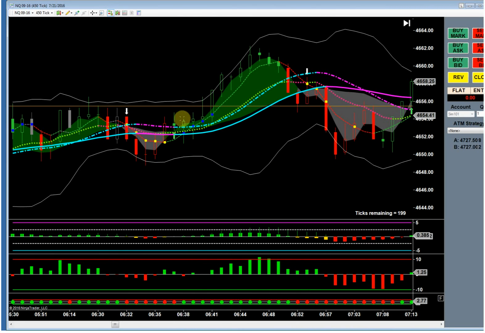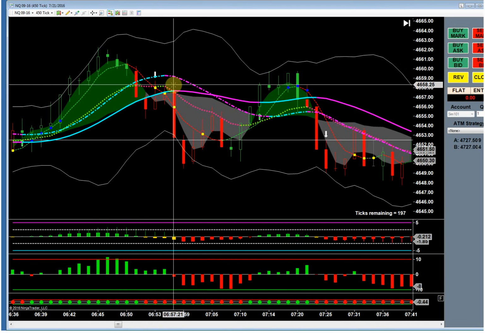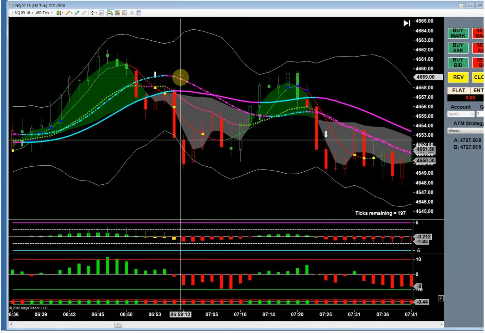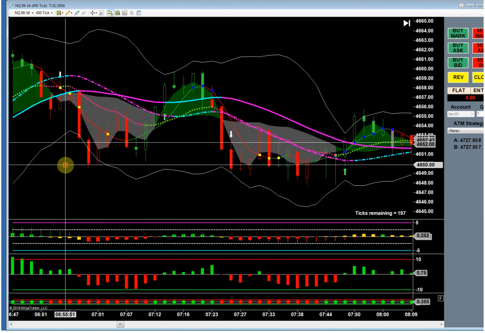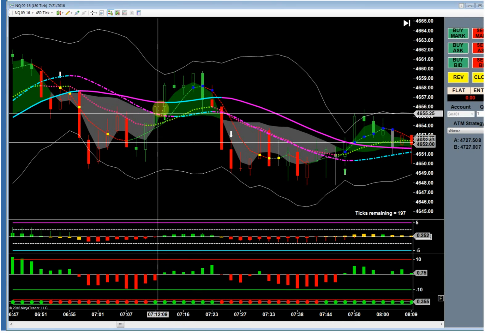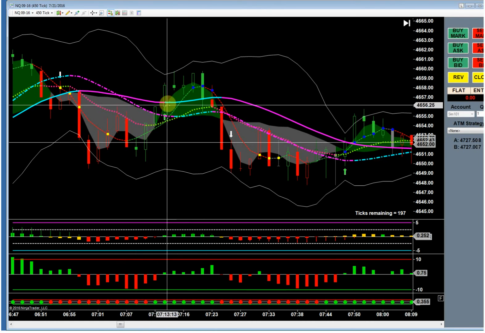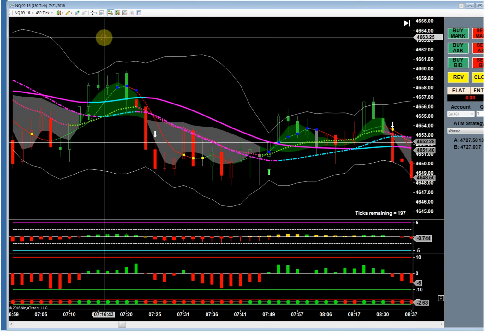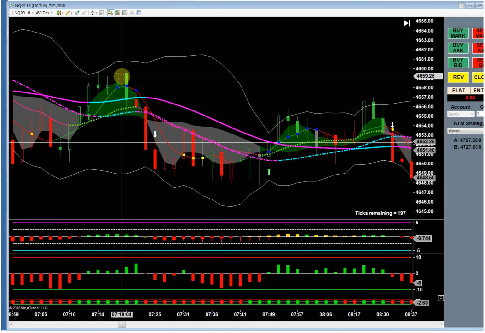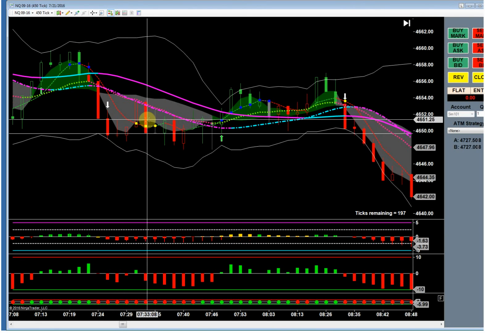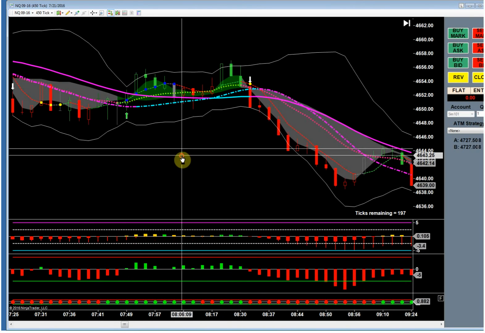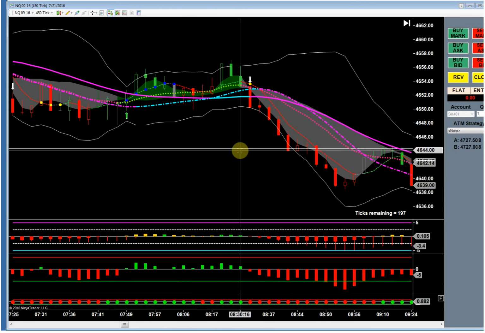Perfect, smooth, matching dynamic trend bands. Up they go. Here we have a classic match of DTBs, but that was after the market got crunched. Again, the whipsaw of the political convention. No trade here because what happened down here? They came down here and they just shot up like a rocket ship. Formed a counter fat channel. Same thing here. They go up here and then crunch to the downside. Very dangerous trading. And when you're watching this live, you're just going, oh man, what the heck is going on?